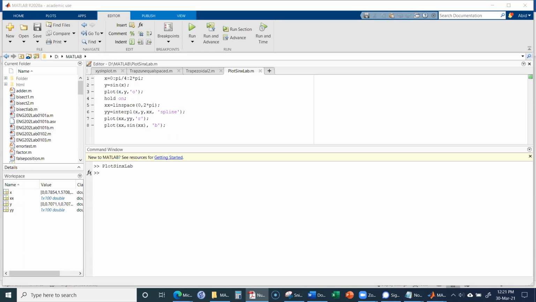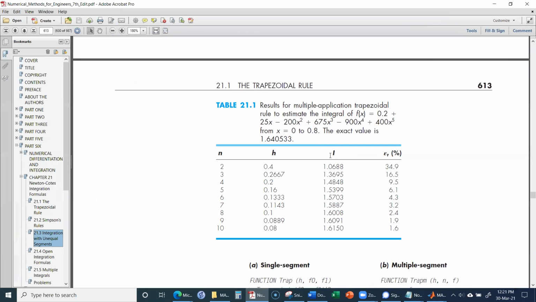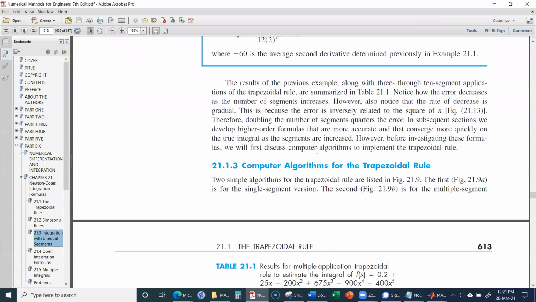We applied the trapezoidal rule for two types: single application or multiple application. For example, over here in your textbook,